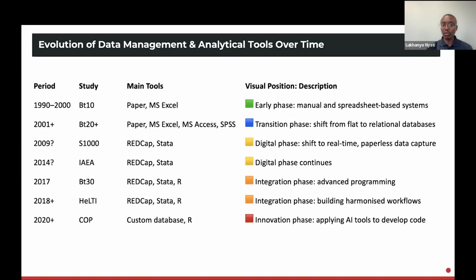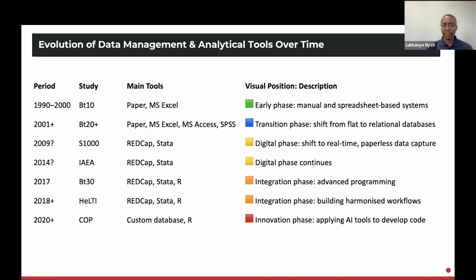And we then moved on to a platform such as Microsoft Access, which assisted us to generate these queries and to generate reports. So this was really the beginning of, I wouldn't say sophisticated, but good data management